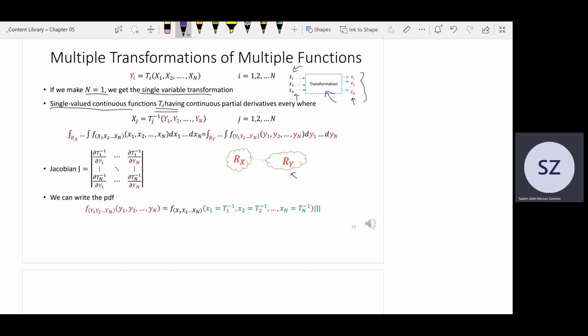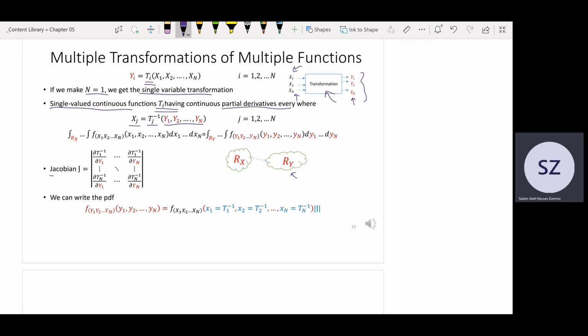So this is the first thing: every function Ti is single valued, with continuous partial derivatives everywhere. So basically, there's no discontinuity in the function, such that Xj equals the inverse function Tj inverse of the Y's. This is the inverse operation. Then in this case,